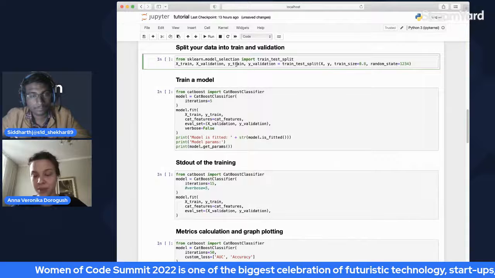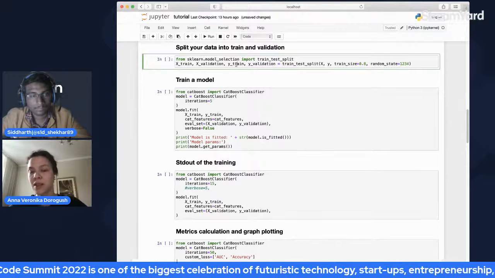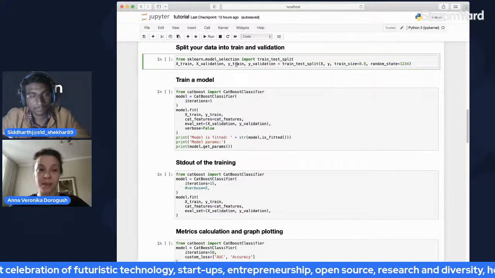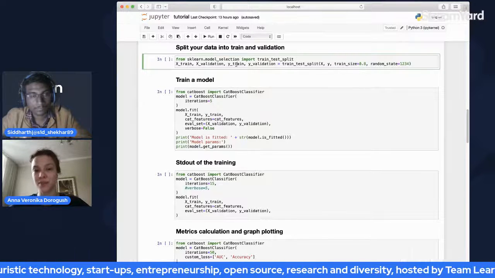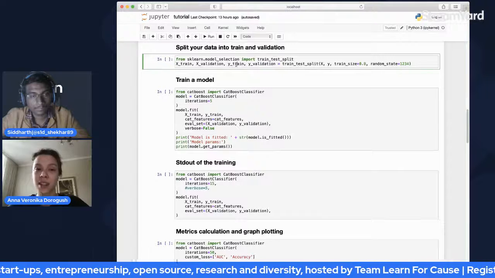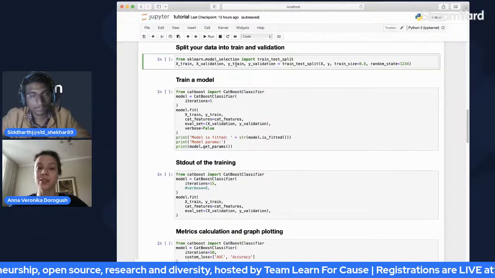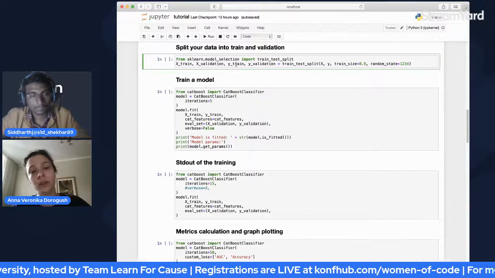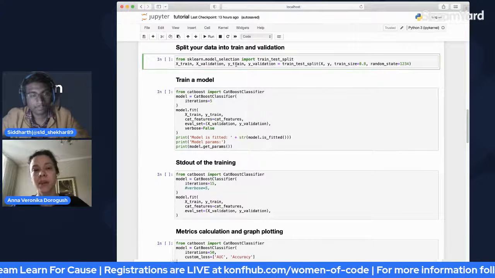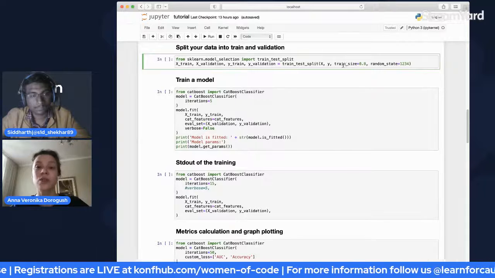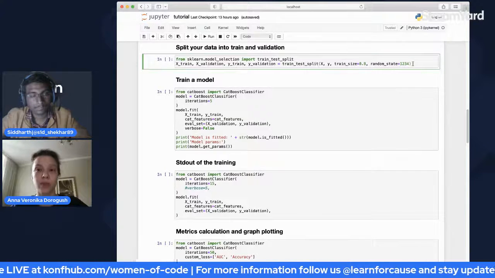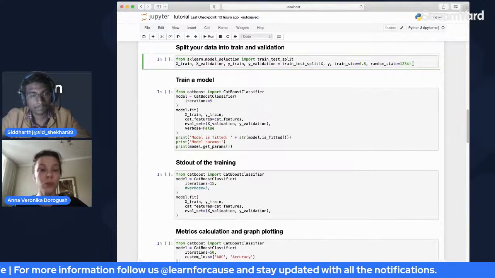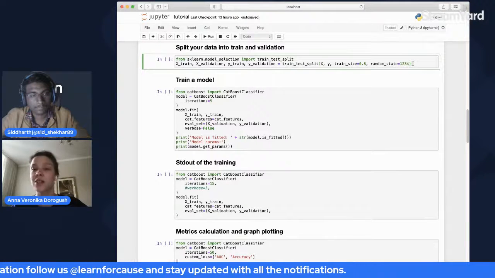When we are doing machine learning, we always split our data into train and validation. The training data is the data that the model is trained on, and the validation data is a smaller part of the data which shows you that your model does not overfit, so that your model will be good for new data that you have never seen before.